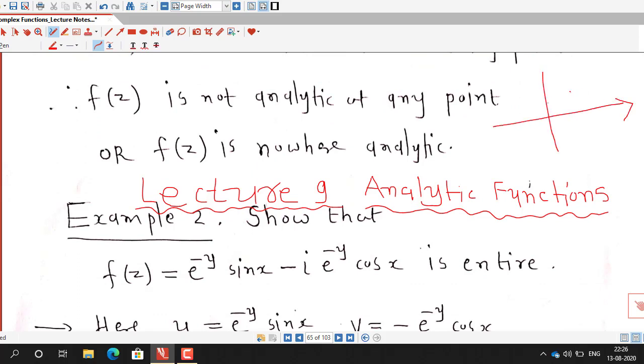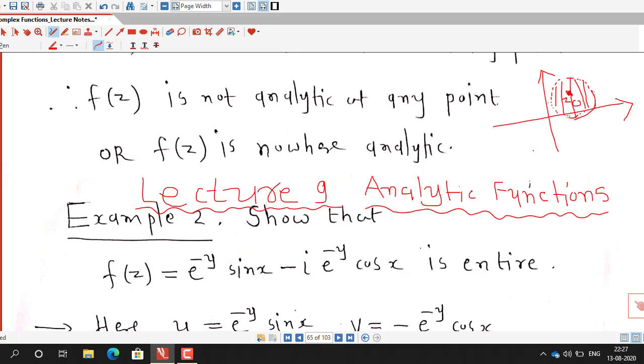The function is said to be analytic at some point z0 if there exists at least one neighborhood of z0. If we can find at least one neighborhood of z0 such that f of z is differentiable at every point inside that neighborhood,